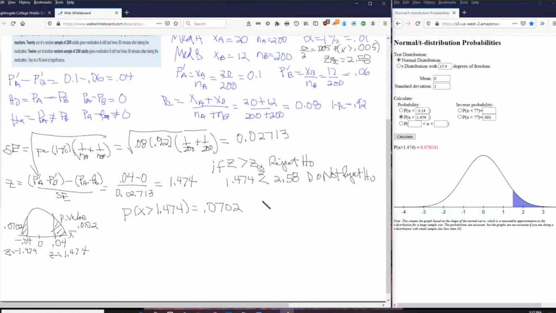In order to get the total p-value, I'm going to need to multiply that by 2, which is going to give me a p-value